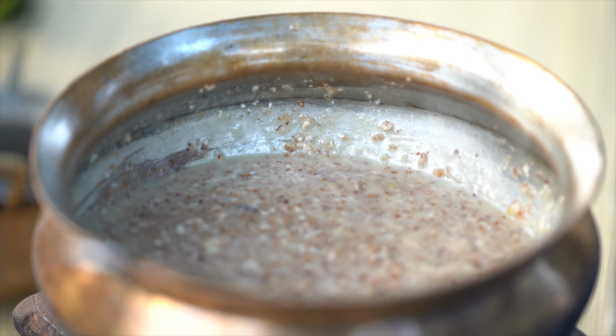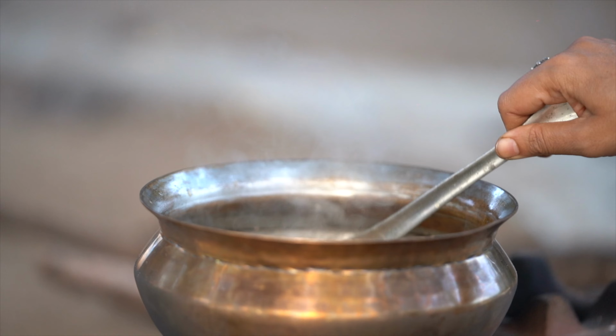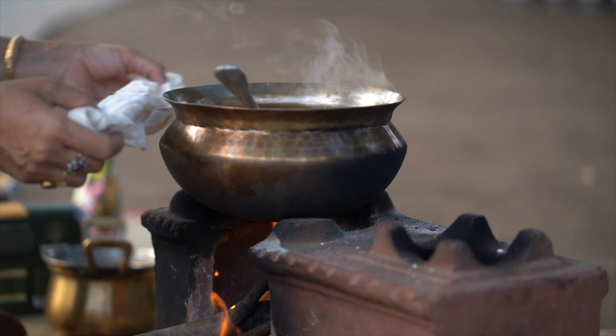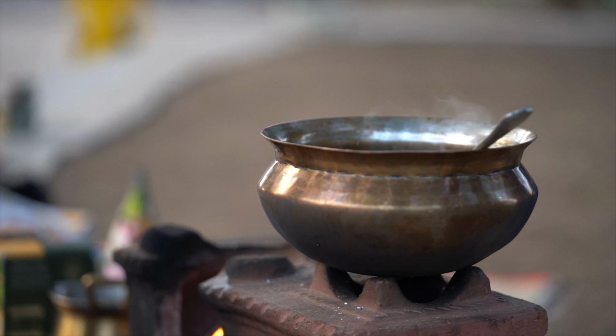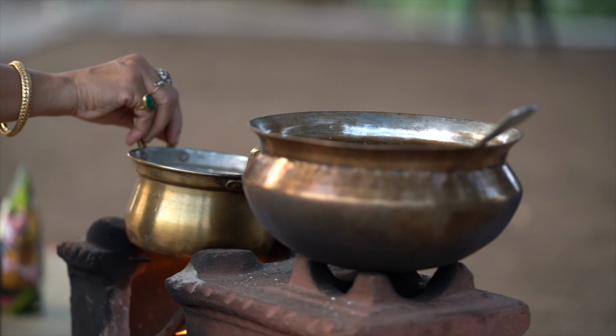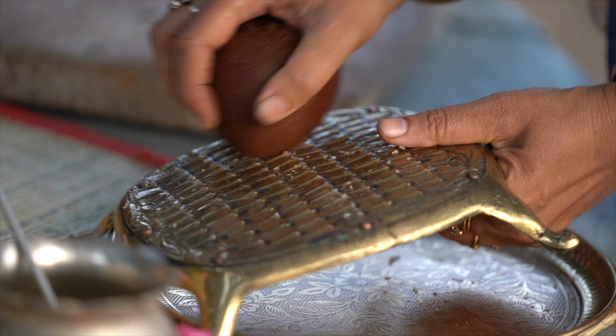Khapli gavacha lapshi, khapli gavachi lapshi. Nice and thick. Good. So just pick this up. I'll keep it on the next chula, and we'll make a little ghee tadka. We're adding the dry fruits and everything. I'm grating the coconut,